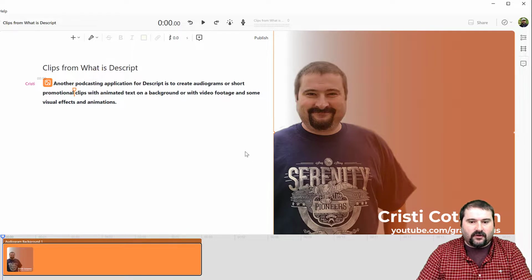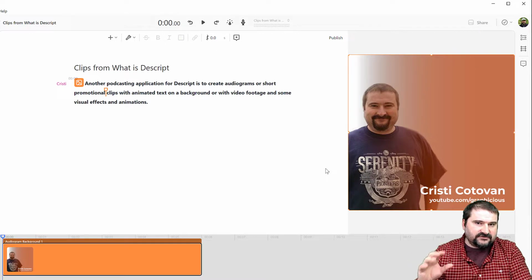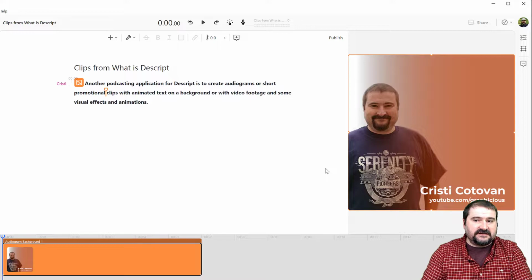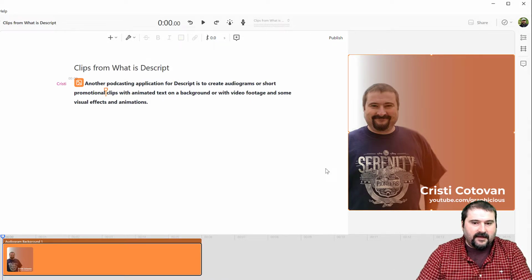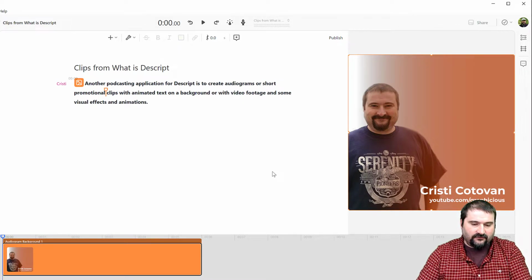If you want to see more, you can drag the separation of these two areas to see the top and the bottom like that. It will resize automatically to fit in that portion of the screen, which means you can see the exact size and how it's framed. So now we're ready to place other elements on my audiogram.